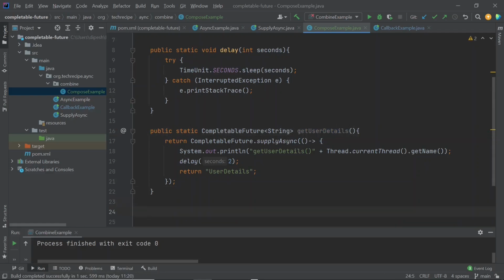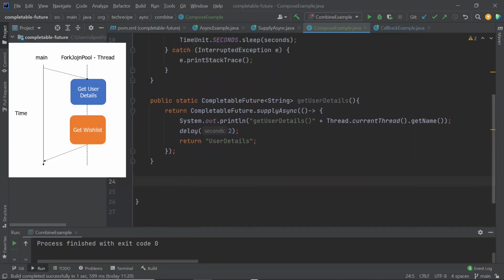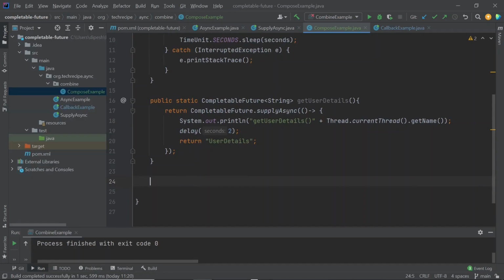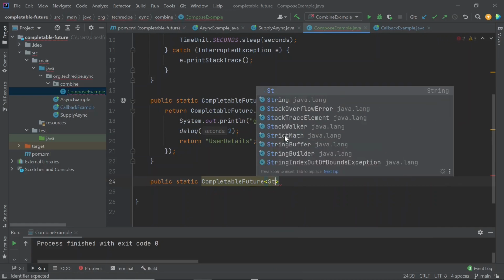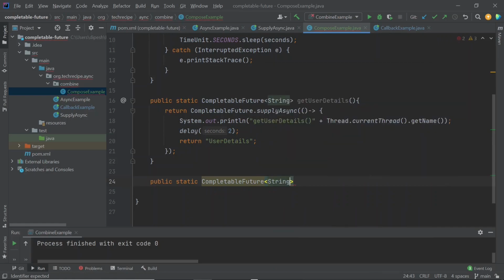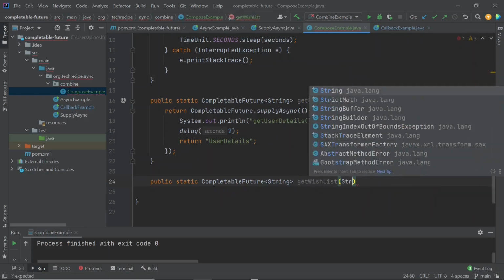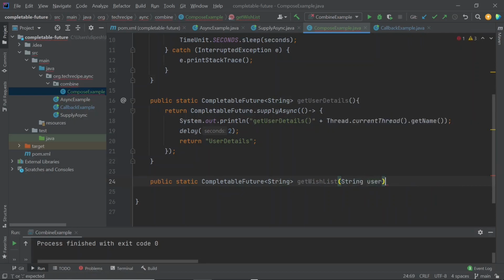Now our second call is getUserWishList, and it depends upon this detail. Let's write that method. This will also return a string, get the wish list, and it will accept the user as a string.